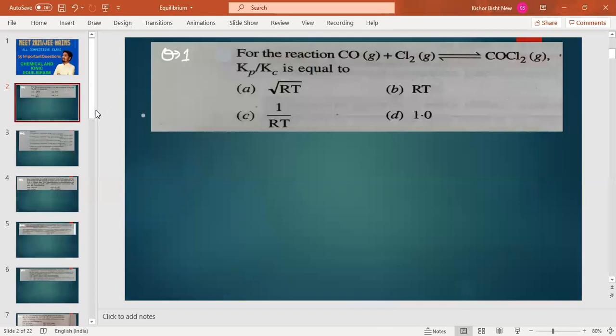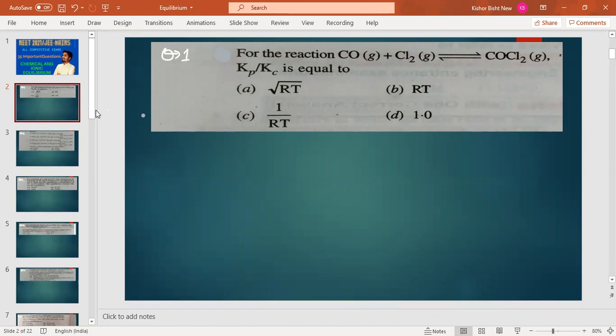ये वीडियो जो है सारे टाइप के एग्जाम के लिए हेल्पफुल रहेगी, चाहे आप नीट दे रहे हो, आईआईटी दे रहे हो, या लेक्चरर एग्जाम, या कोई भी कॉम्पिटिटिव एग्जाम दे रहे हैं, या एलटी का एग्जाम, तो ये सब में आपके लिए हेल्प करेगा। फर्स्ट क्वेश्चन क्या कहता है कि फॉर द